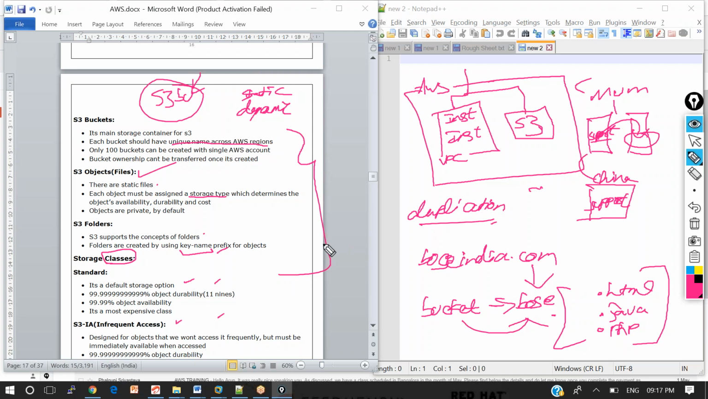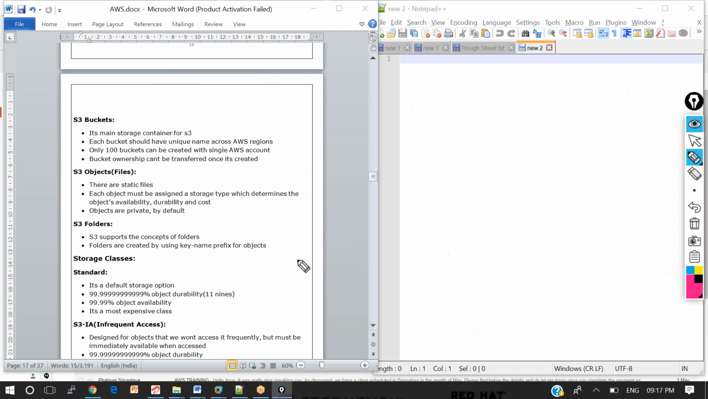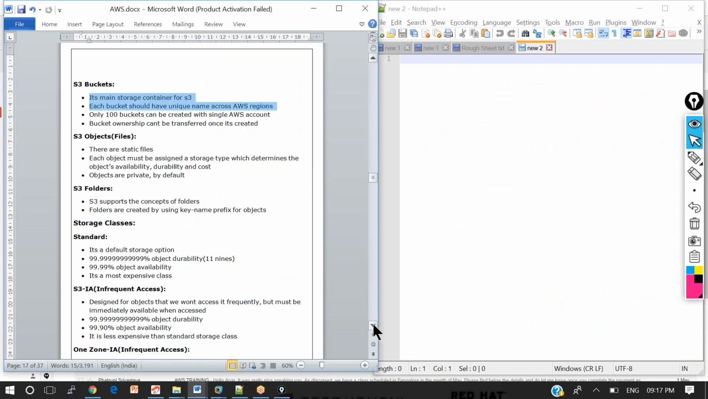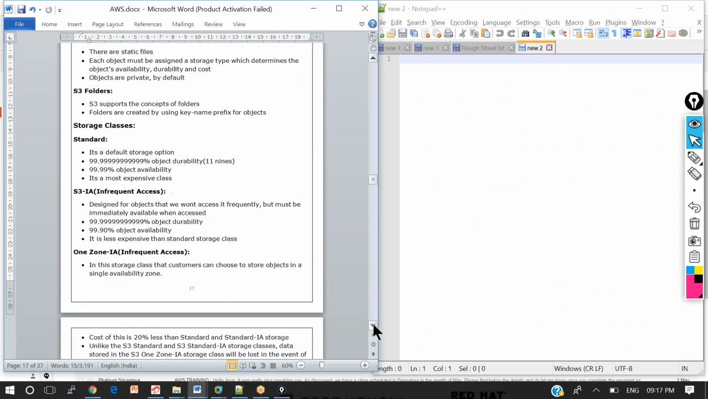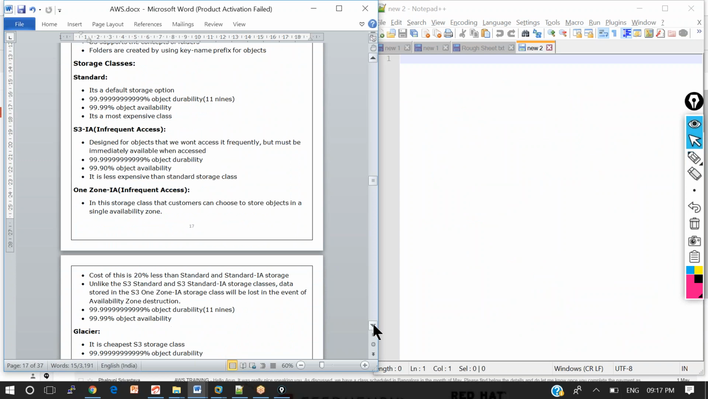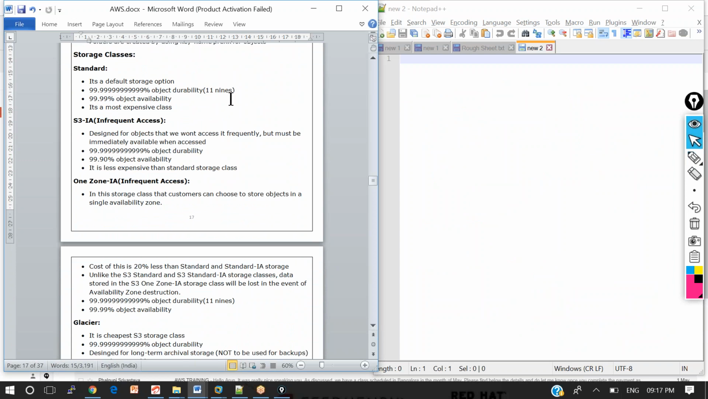And coming on to the classes. Based on the type of storage and based on the usage, the cost is defined. The cost is defined by the storage classes. So in what way does the storage class define the cost? Now let's say,